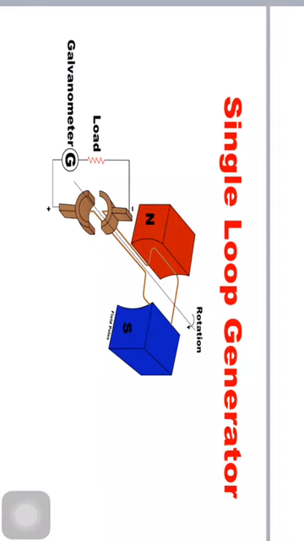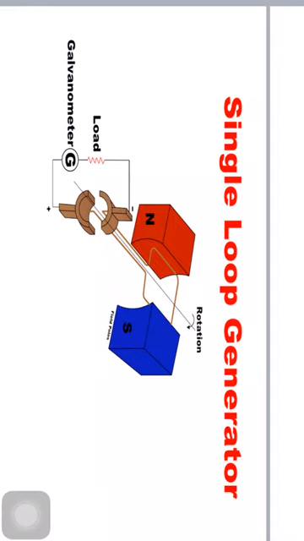The coil has a fixed position. It is placed in between the field, and the flux linked with it starts changing its value, so that EMF is induced in it, and it is proportional to the rate of change of flux linkages. This is according to Faraday's first law and second law.